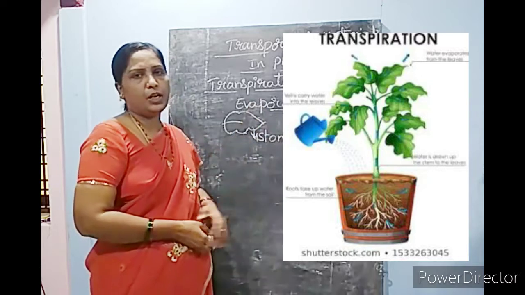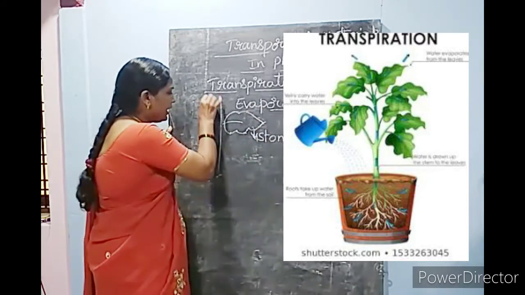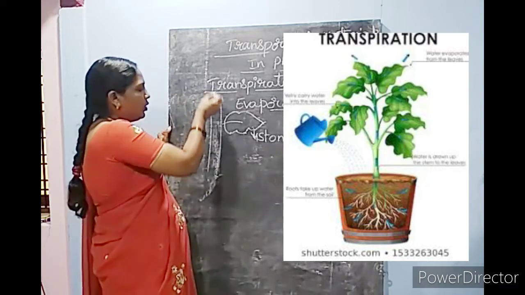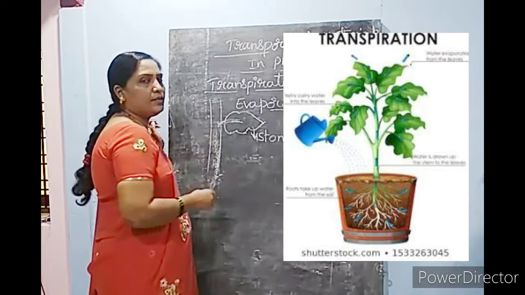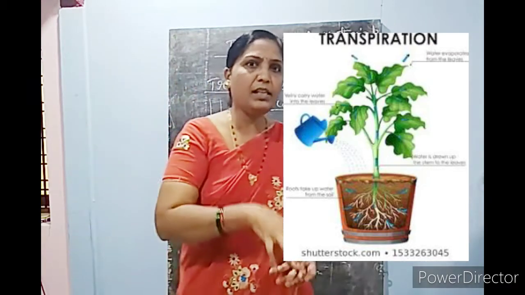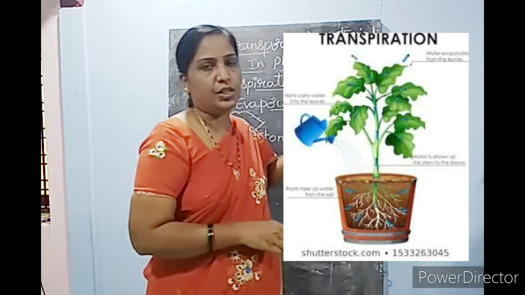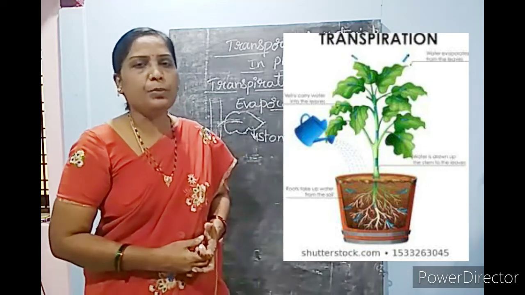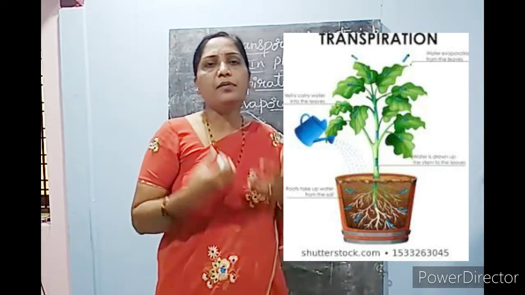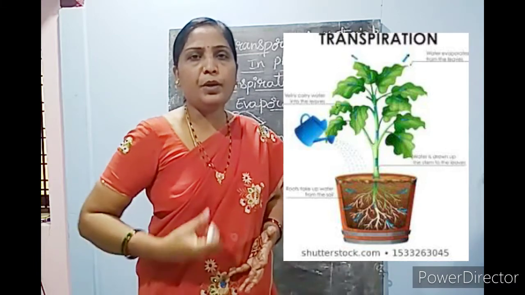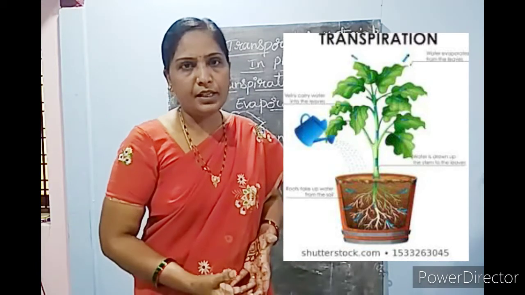So it's creating a pressure in the stem and it is pulling the water from down to the leaves again. So it's creating some suction pressure because of the transpiration. So the transpiration process is removing excess water from the leaves, or the evaporation process which takes place in leaves